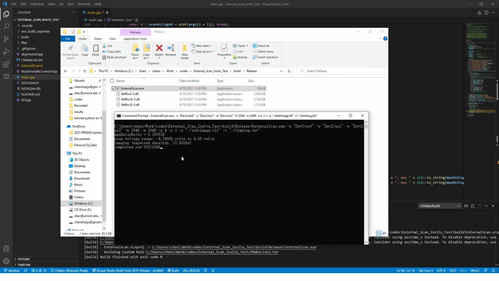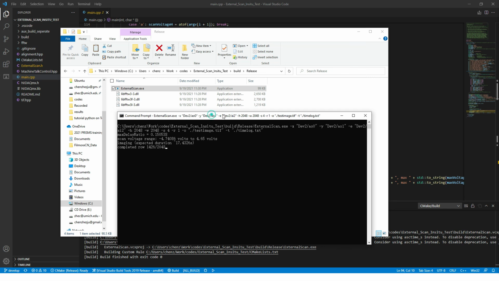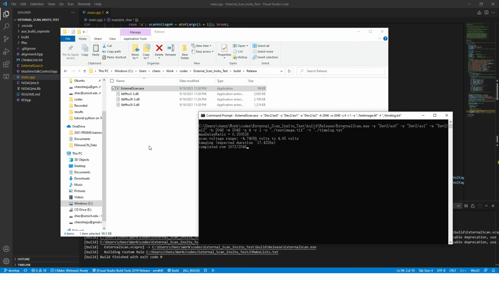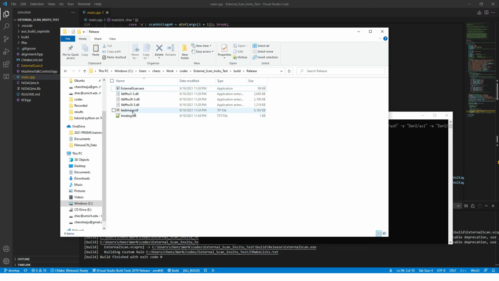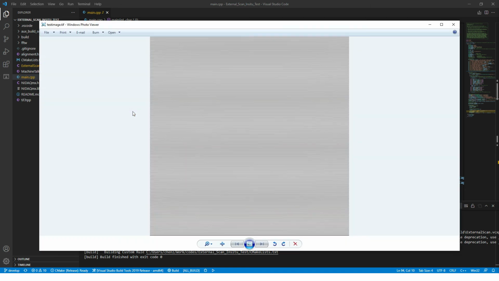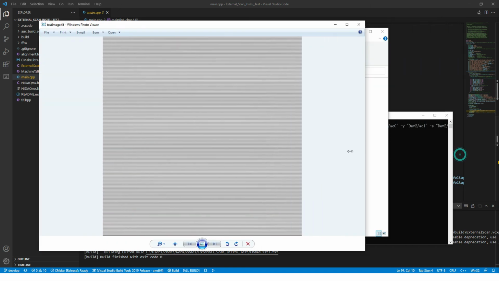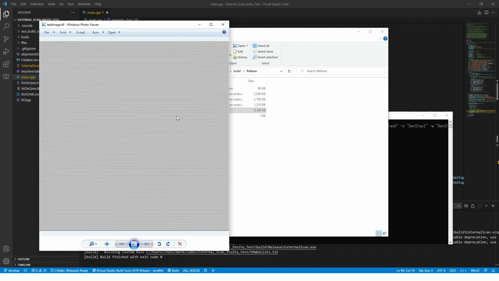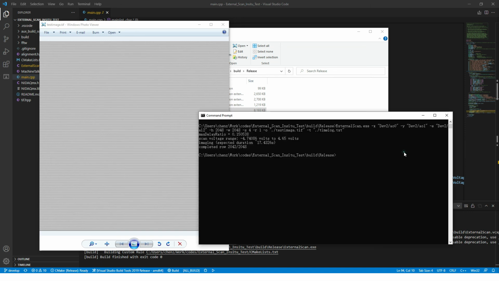If we hit enter, we can see that this script is running, and we are taking an image using the virtual device, and soon we will see that the image is captured and it is saved here. Because it is just a virtual device, there's no feature to capture. It is just a blank image. But here is basically how the code runs on the command line.